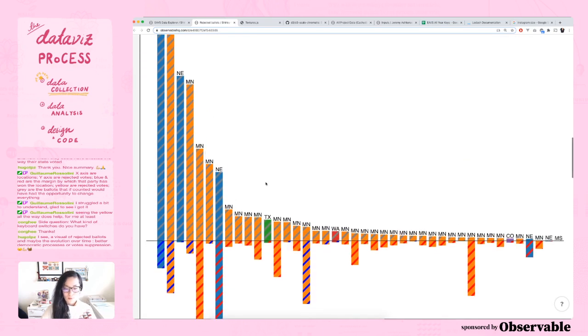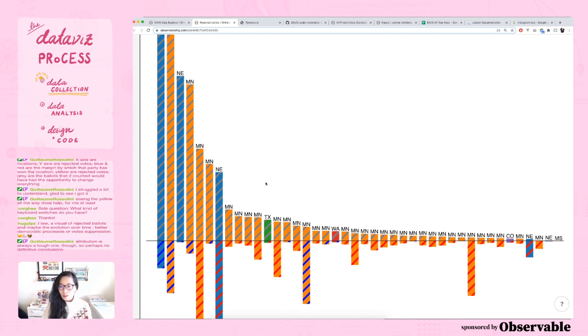Ooh, well then, that's fun. Look at all these colors. They are mostly Minnesota and Nebraska for some reason. So this is the counties where the number of rejected ballots was more than the margin of victory. Yeah. Okay, I'm going to keep working on